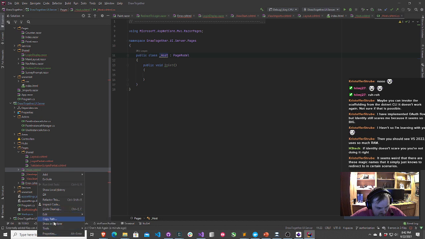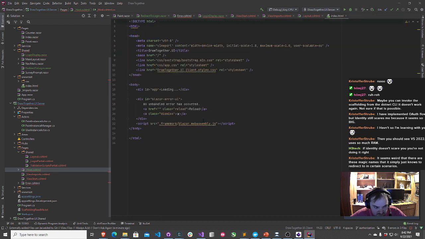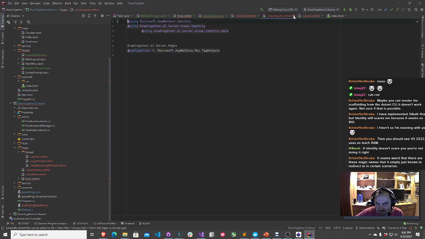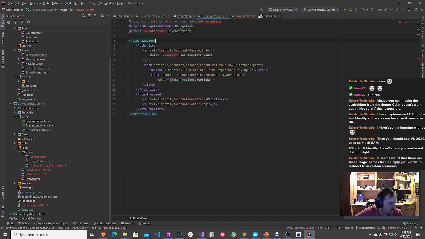Get out of here. Done with you. Okay. It just seems weird that there are these magic names that it simply knows what to redirect to under certain scenarios. Yeah, Microsoft, in their attempts to simplify identity, have made it very convoluted. So I'm not totally sure how any of these things are supposed to actually work.